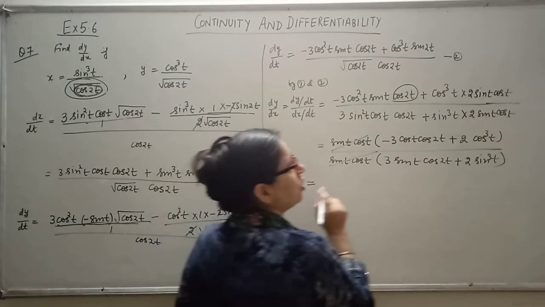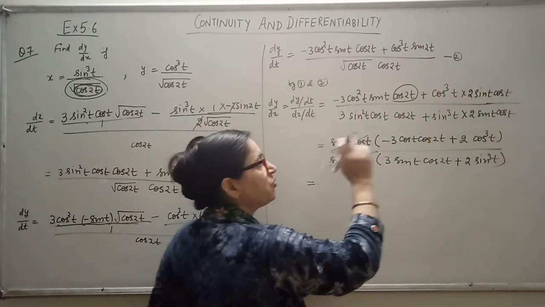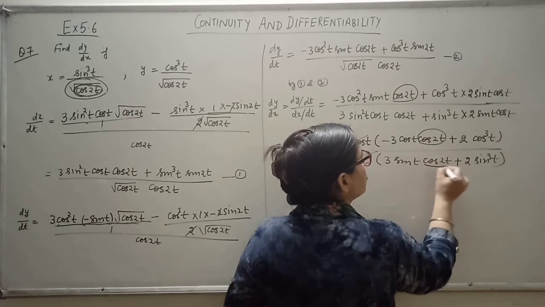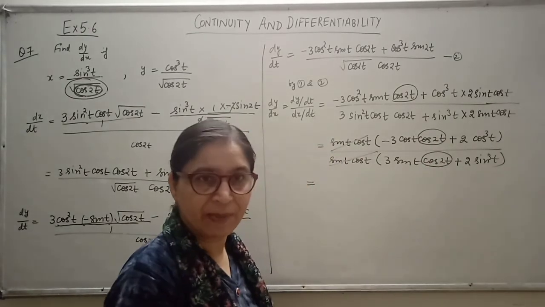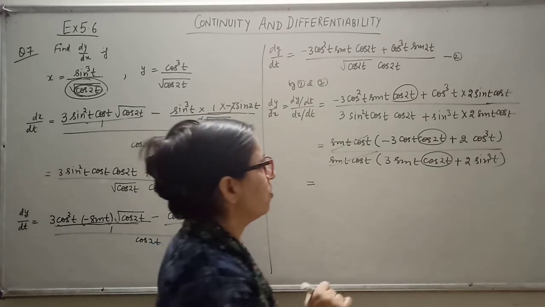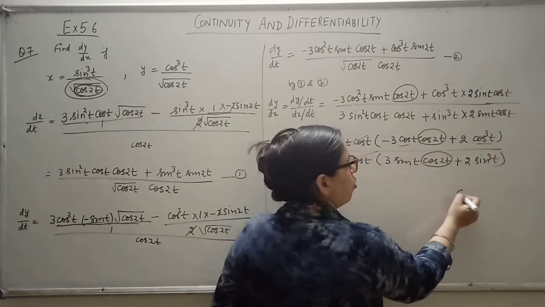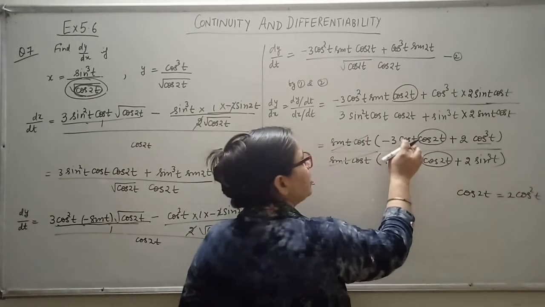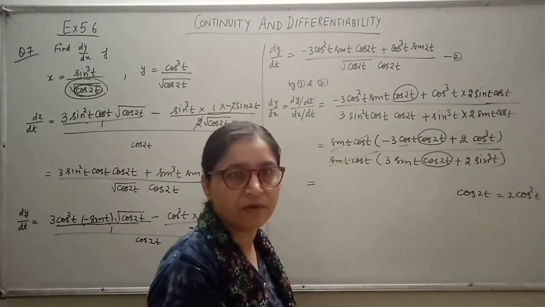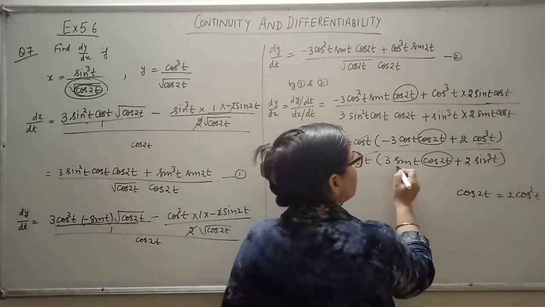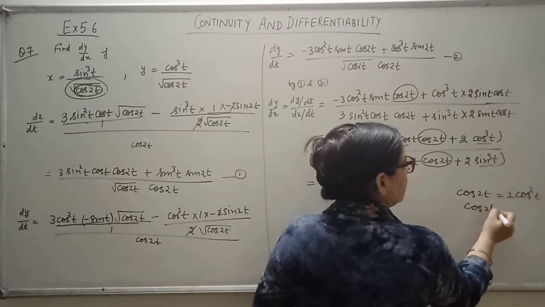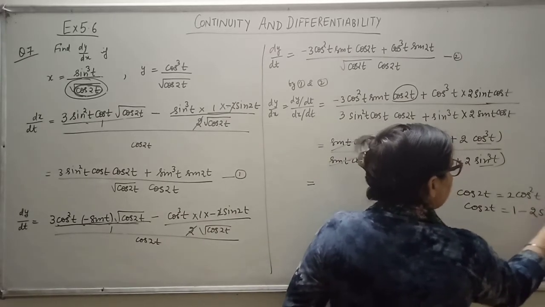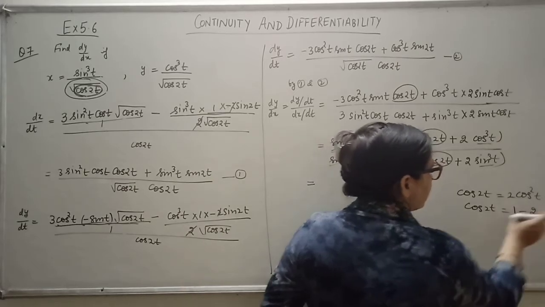Now, as I told you there was sin 2t and cos 2t also, but first of all I have applied the identity of sin 2t. Now I will apply the identity of cos 2t here. Which identity should be applied? That is very important here. Look, here it is in terms of cos and cos, so we will apply the identity cos 2t equals 2 cos square t minus 1, because the other terms are already given in the form of cos. And here it is sin and sin, so we will write cos 2t in terms of sin t: cos 2t is equal to 1 minus 2 sin square t.